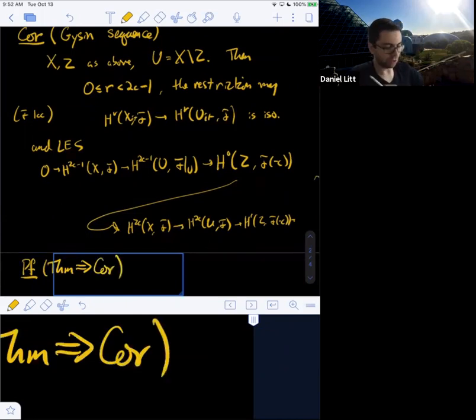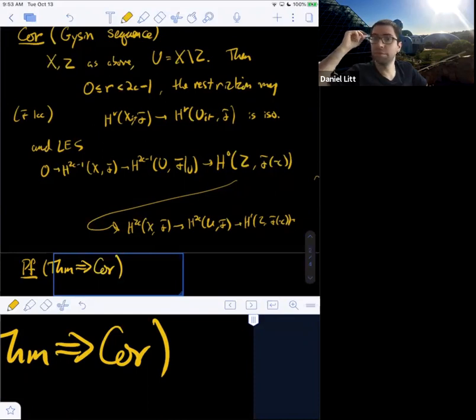Can anyone tell me how to do it? So what did purity do? It gave us a way to compute cohomology with support. So somehow we're going to have to use that, right?